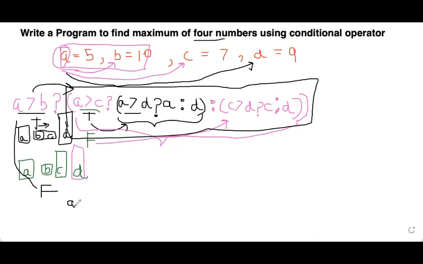So here you have A, and here you have B. It means B is greater than A. Right? Now, if this is true, B is greater than A, what are we going to write in the else part? It means that you are going to now compare this B with the further two values C and D.